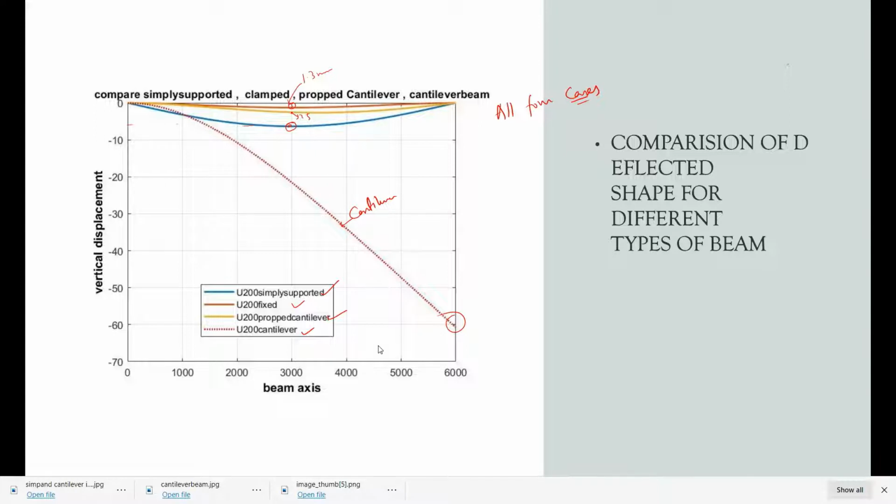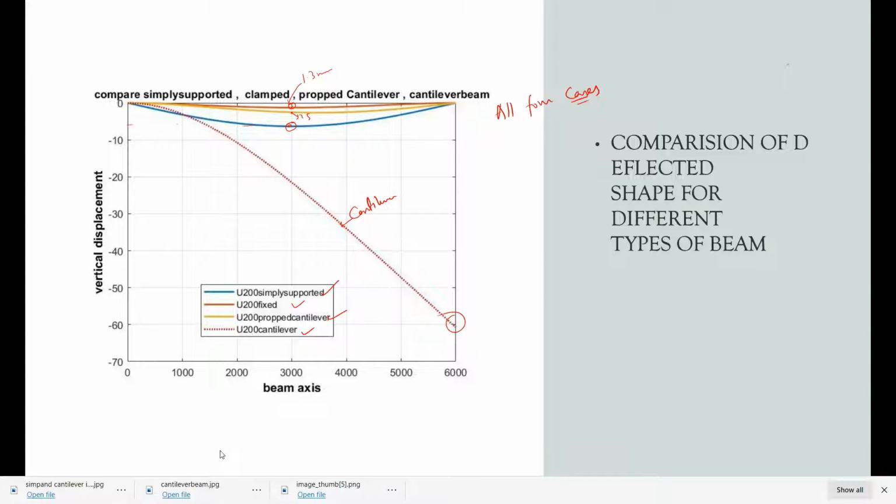All the beams had the same depth, same width, same material properties, and everything else. Just the support conditions changed, and the deflection results varied, and these variations are very large.